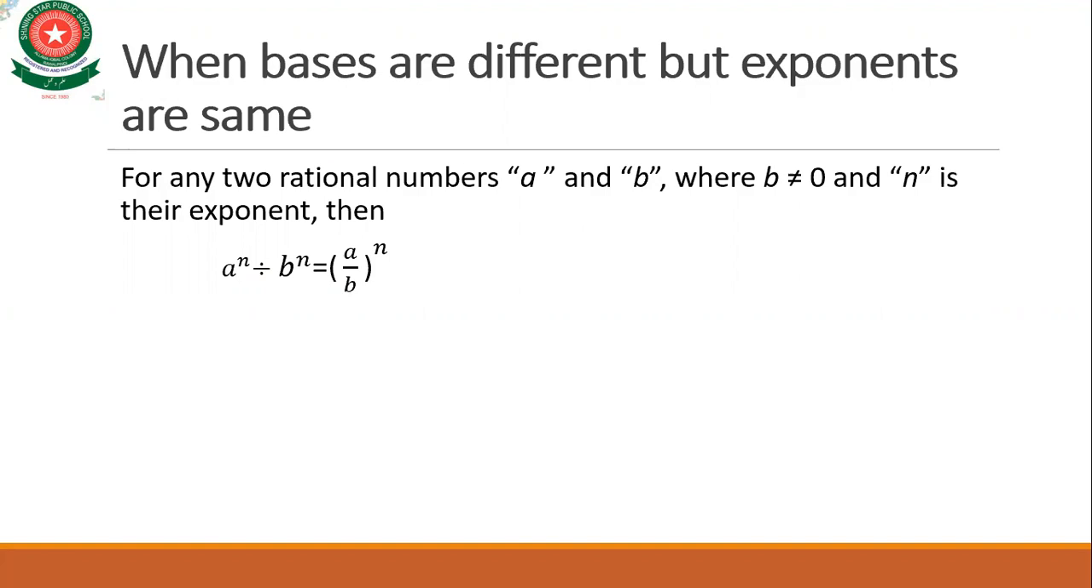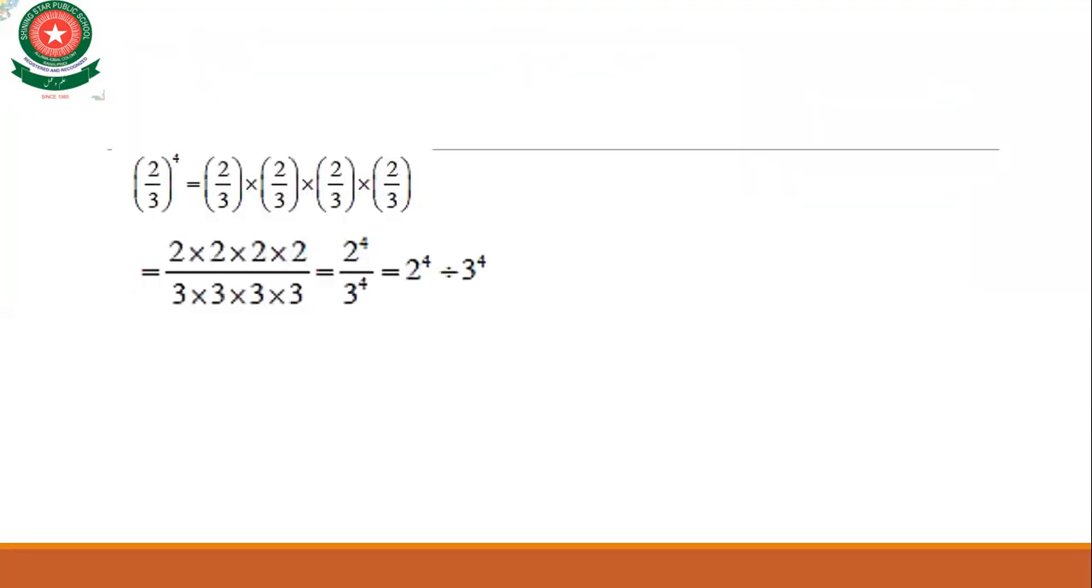So for this, for any two rational numbers a and b, where b is not equal to 0 and n is the exponent, a power n divided by b power n is equal to (a over b) power n. So this is the formula when bases are different but the exponents are the same. a power n divided by b power n is equal to (a over b) power n. So an example of this is